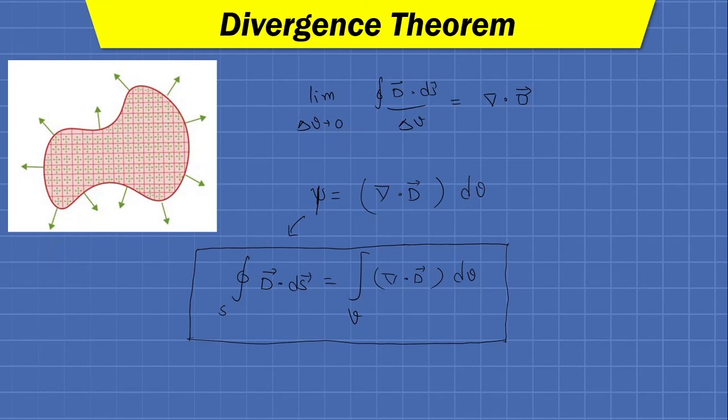However, the proof of divergence theorem is not that important, because in an exam they might ask you to verify the divergence theorem for a particular vector field. So in the next video we will solve a couple of examples in which we will verify the divergence theorem. However, it is a very universal theorem and equally applicable for all vector fields, provided the partial derivatives of the vector field exist.